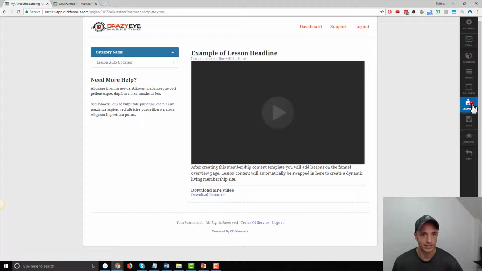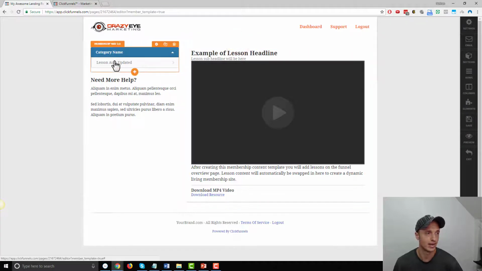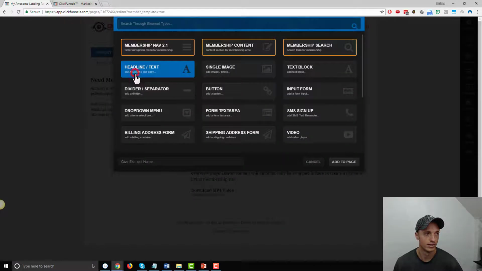You'll also notice that if you click on element, it doesn't pop open like a list of elements that you can go ahead and just drag over to your membership site. Instead, you have to hover over an element and you'll find a little orange plus button, and now you can go ahead and select something else to add another element to your website. So let's say you want a button here, add to page,